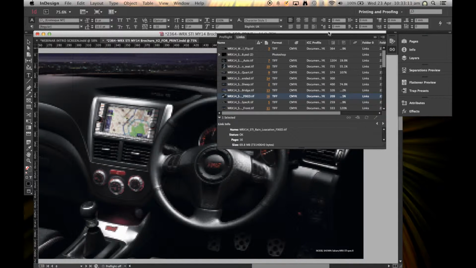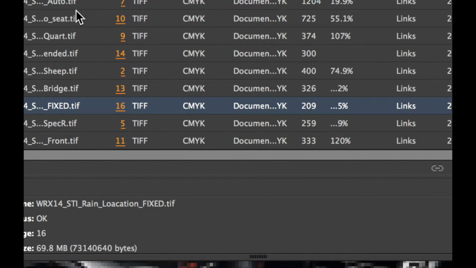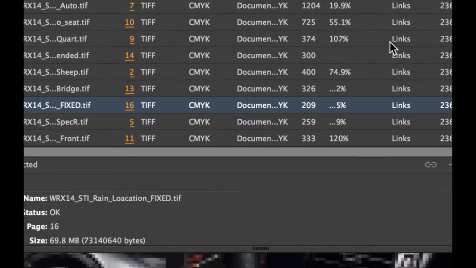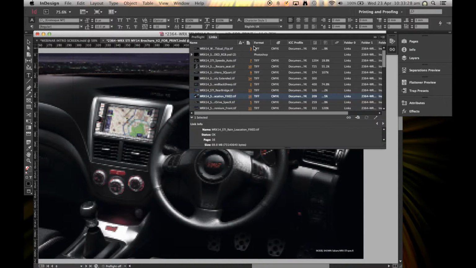And you'll see straight away it's been populated with a lot more information for you to filter. You might think that's too much information and it's quite a large palette, but the whole power of this links palette is to use these sorting